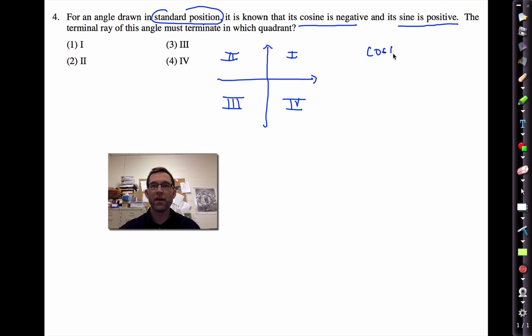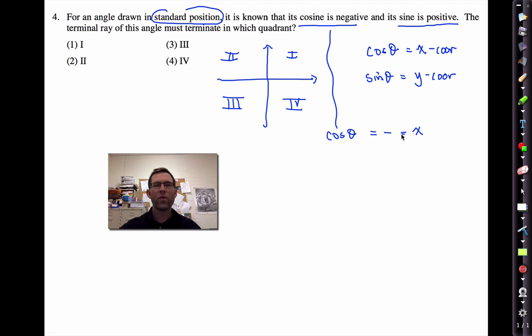Remember that cosine of the angle is the x-coordinate, and the sine of the angle is the y-coordinate. So we know that cosine of the angle is negative, but that must be the x-coordinate. Well, where's the x-coordinate negative? That's in quadrant 2 and quadrant 3. But we're told that the sine of the angle is positive, and that's the y-coordinate. Well, where's the y-coordinate positive? That's in quadrants 1 and 2. So the only place where both of those conditions are satisfied